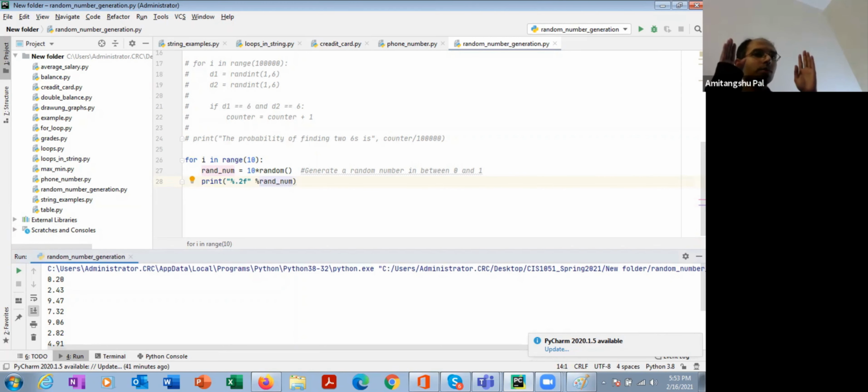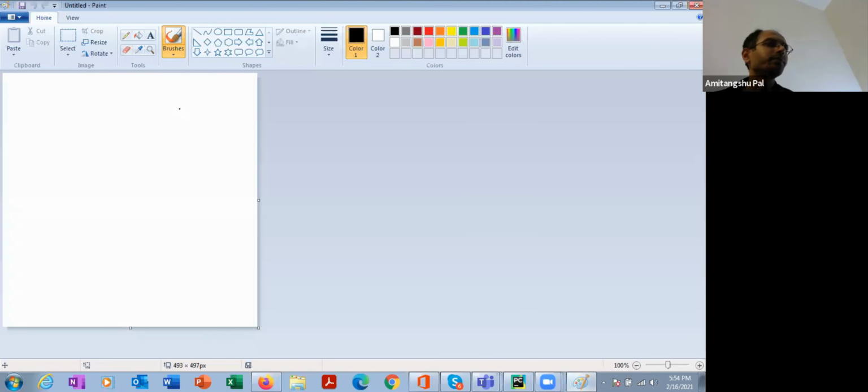So at this point, you know how to generate random numbers, how to do experiments regarding random numbers. All right. So let's do a very interesting and very useful experiment. All of you know that the value of pi is 3.14, right? Let's learn a random experiment that is going to give the value of pi.